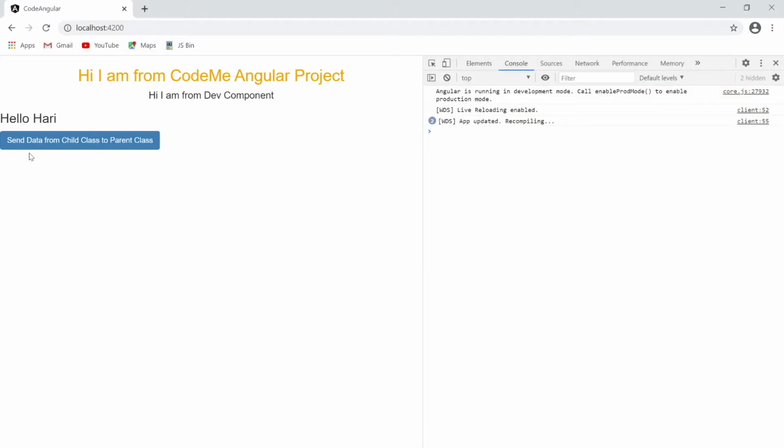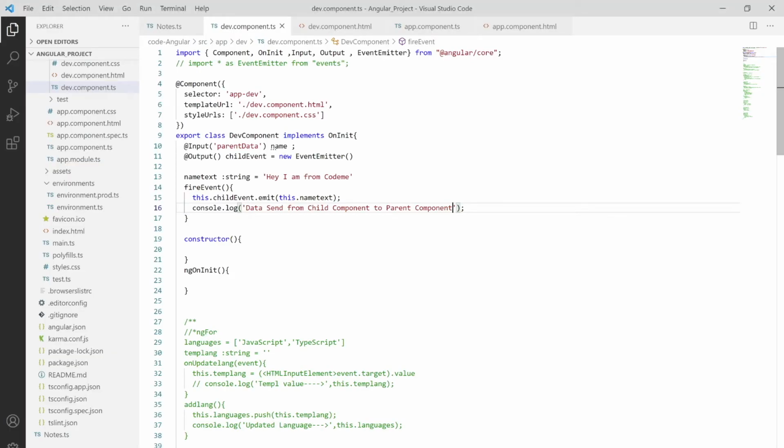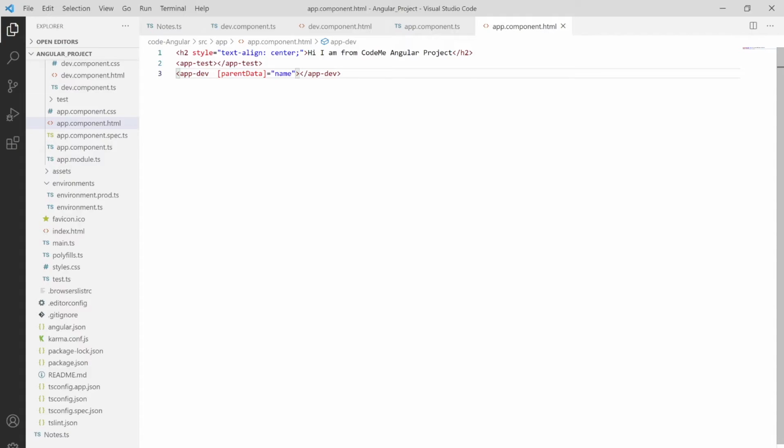As you can see over here, if we click on send data, it will send data, but particularly we have only sent the data, we haven't received the data in our parent class. So just move towards your parent HTML, which is app component.html, and here I'm using our child event, which is the $event keyword, and I'm assigning it to title within double braces, and then assigning this title as $event, which is the reserved keyword in Angular.